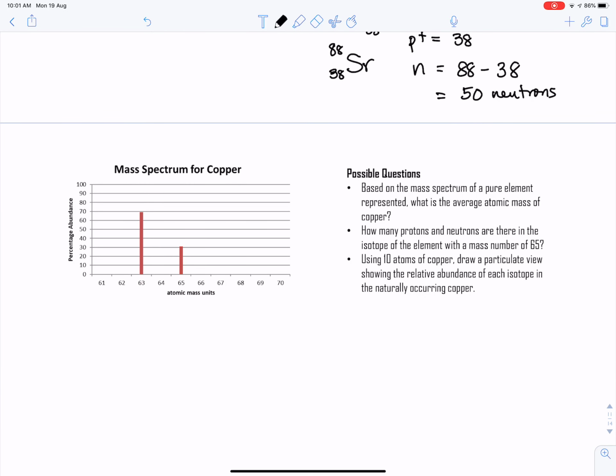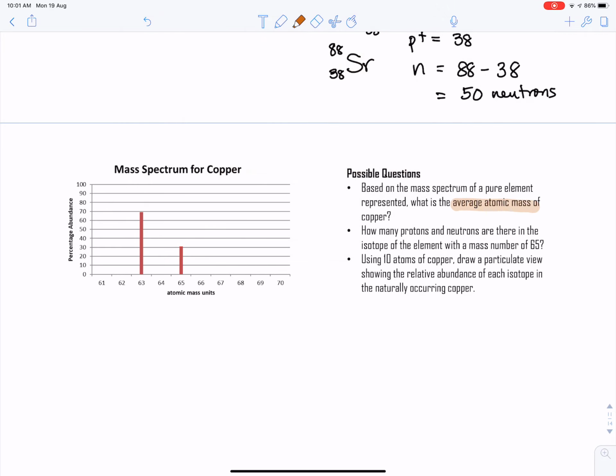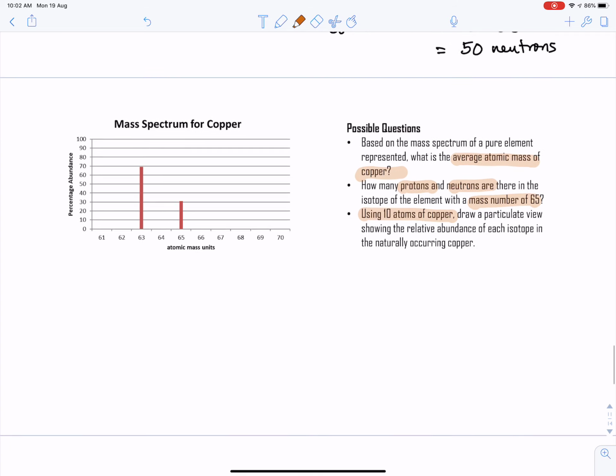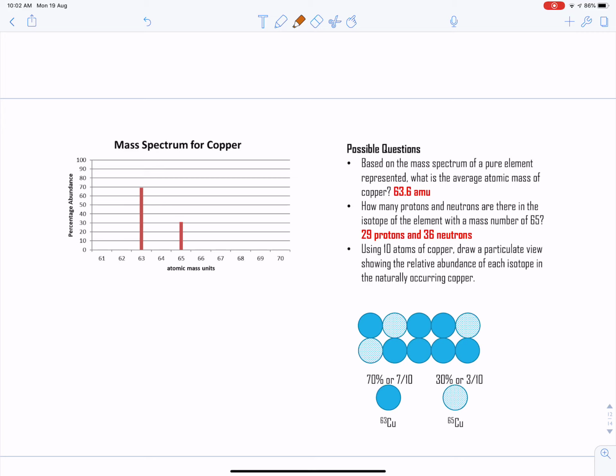So we're asked here to find the average atomic mass of copper based on this mass spectrum, and how many protons and electrons for the 65 isotope. And this is interesting, using 10 atoms of copper, we draw a particulate view. So we will get there. Let's see. First, based on this mass spectrum of a pure element, what is the average atomic mass for this? So basically what we do, we got here copper,